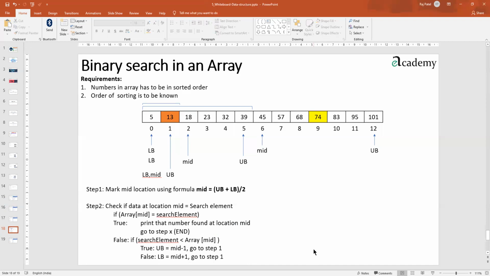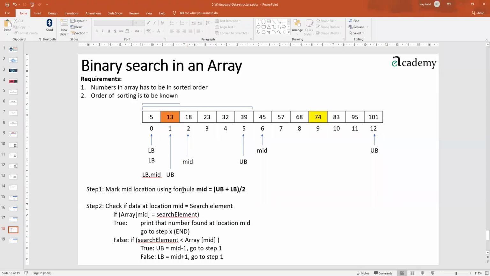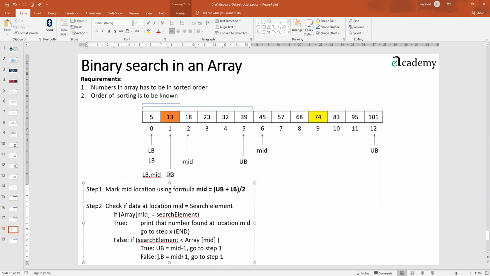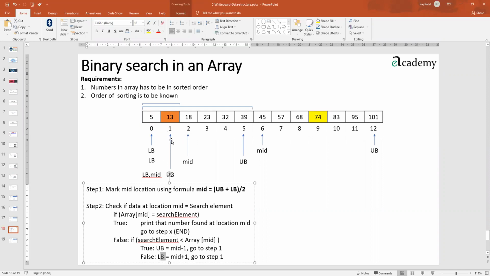In this case, this number has come at this particular position. So what we would be doing in this case, we'll have to apply that same formula. So let us apply. What is it? New mid. First of all, this thing was false. We'll come here. It says lower boundary equal to mid plus 1. What is the lower boundary currently? It is here. What is mid currently? Mid is also here. What will be mid plus 1? 0 plus 1, which will be 1.